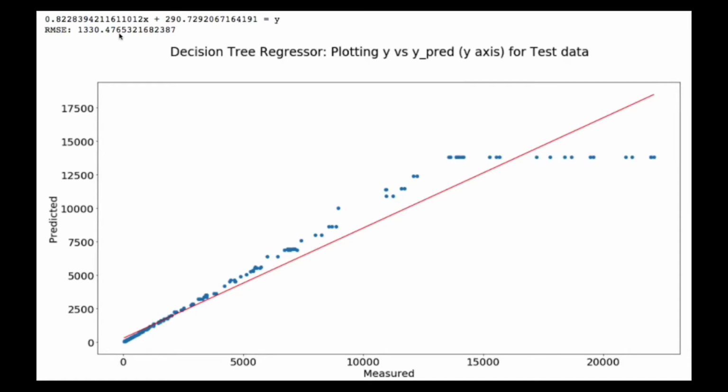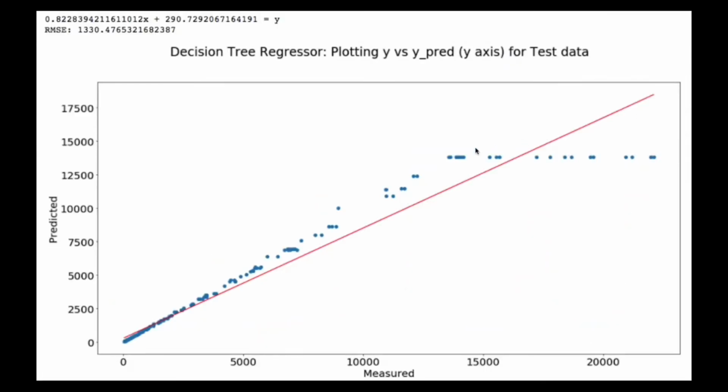The model's root mean squared error, which is the distance from the points, the predicted values, to the actual value on a graph, is 1,330, which overall is not a bad score considering that the data's peak is at 22,000. This graph plots the values that my model predicted against the true values. Ideally, the actual and predicted values are the same, and in that situation, the slope of this line would be 1. The slope of the line of best fit through this data is 0.82, which is close.